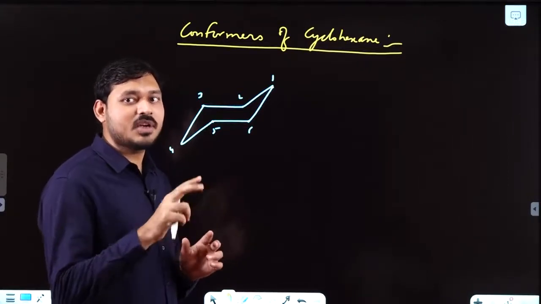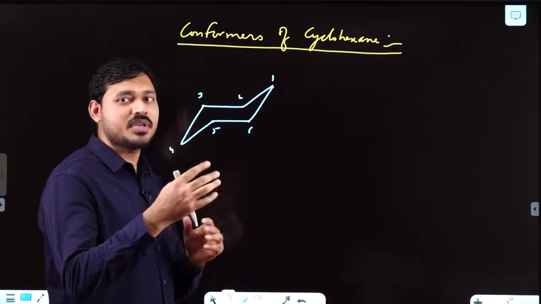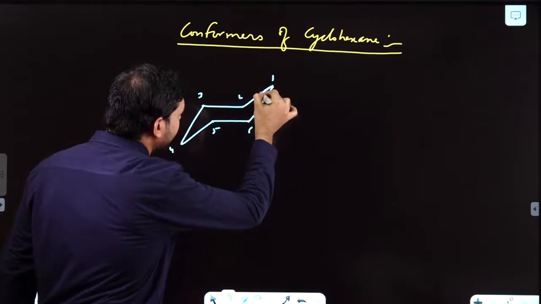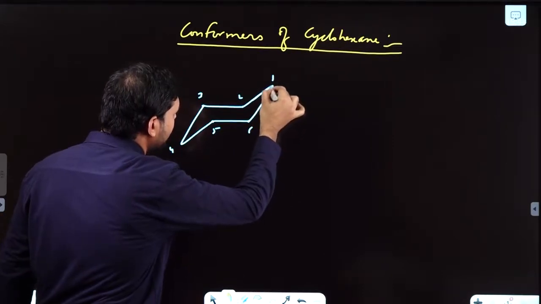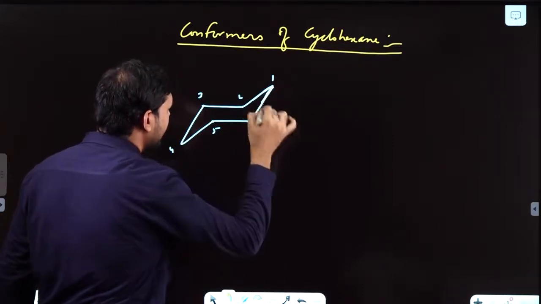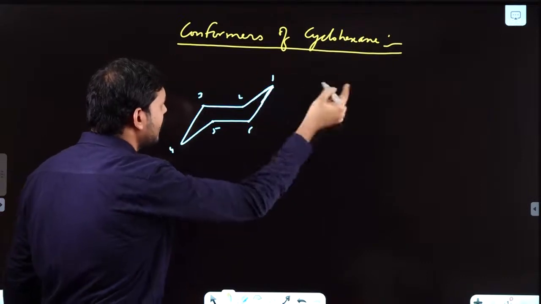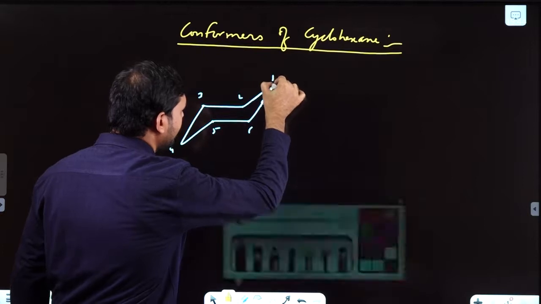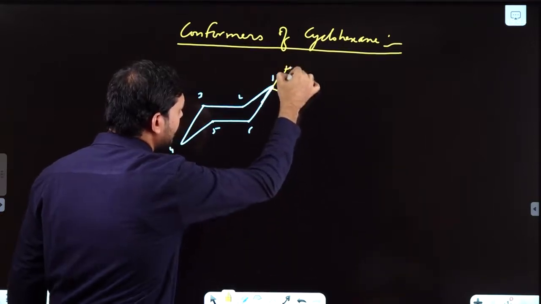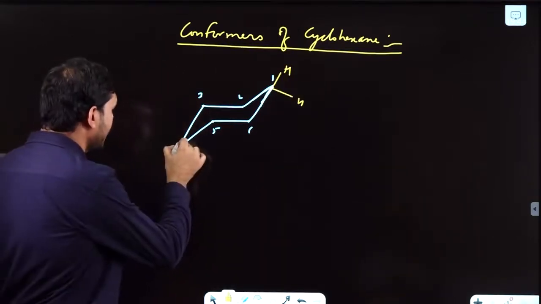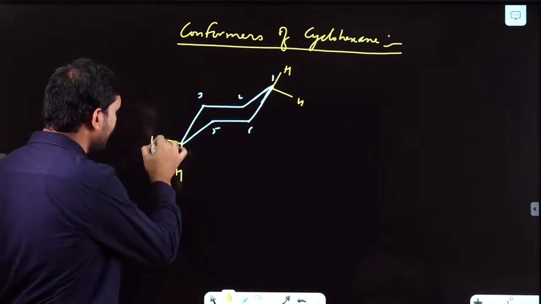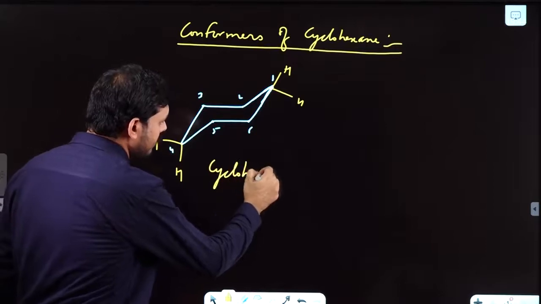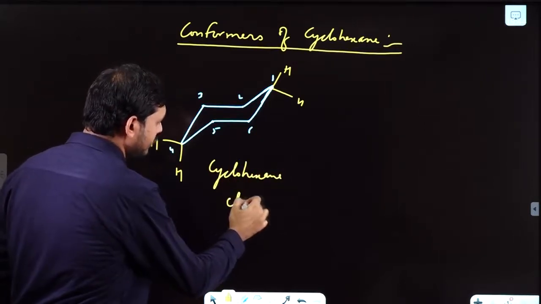Accordingly, it must be having 2 V-shaped, and both V-shaped are on different sides. Accordingly, you are having this V-shaped 2 bonds of carbon-carbon here. So there must be 2 other bonds that must be on different sides. So I can just draw it like that. Okay. Similarly here as well. So this is your cyclohexane chair form.